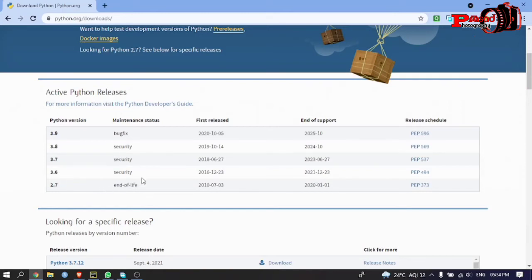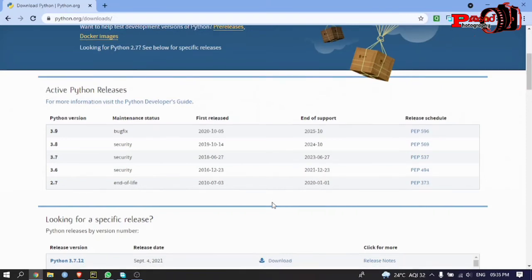Next is the maintenance status. The next column is the first release, when that version was released, and the fourth column indicates when the support for that version ends from the python.org